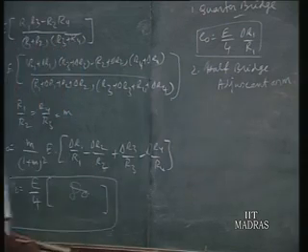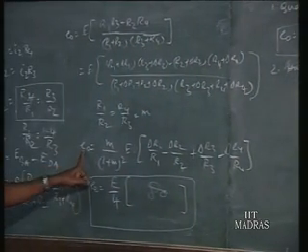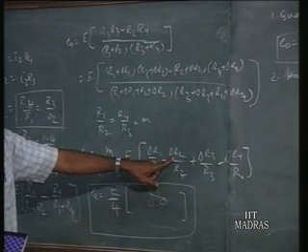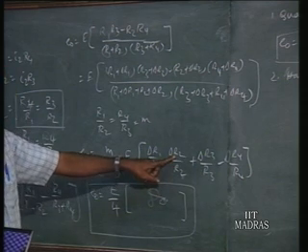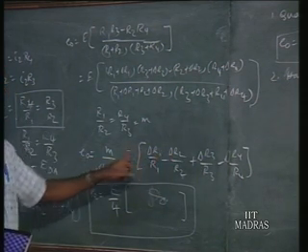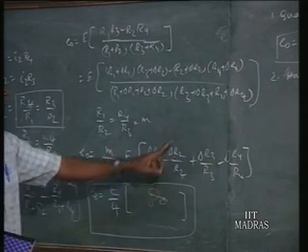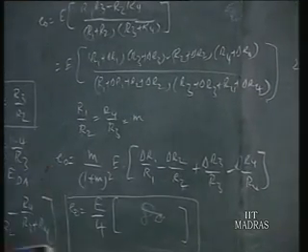Now if you want to make adjacent arms active, and if you want to get any voltage output, then R1 and R2 are adjacent arms. In that case, the polarity for delta R2 should be negative. If it is negative, minus and minus will become positive, you will get some voltage. If this one is also positive, then it gets nullified and the voltage output will be 0. That means adjacent arms